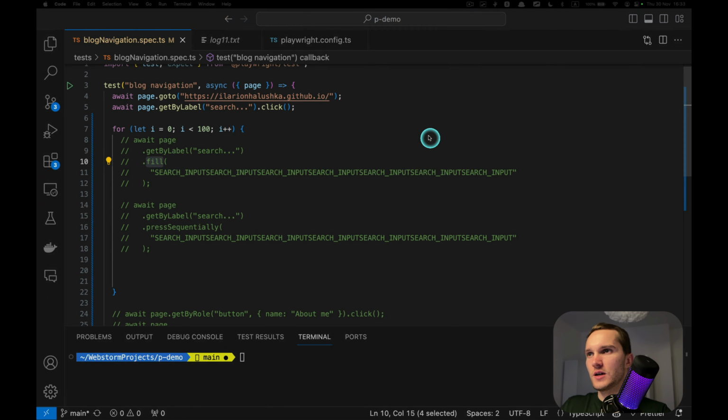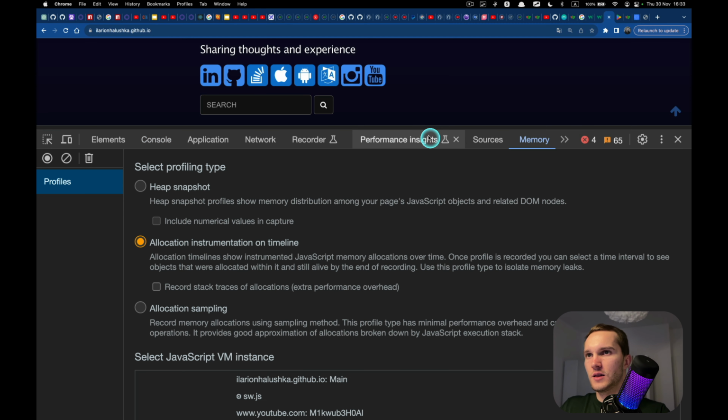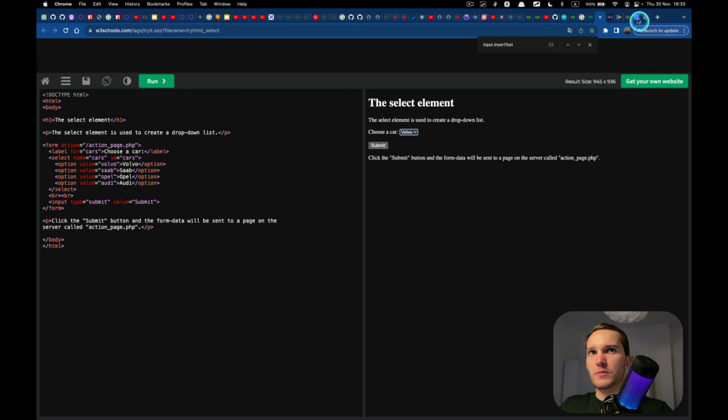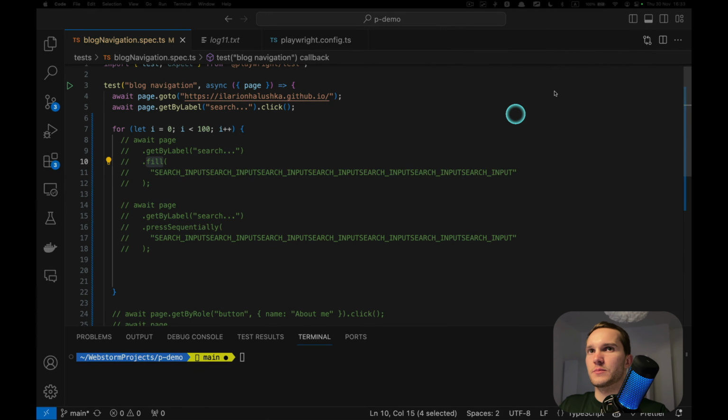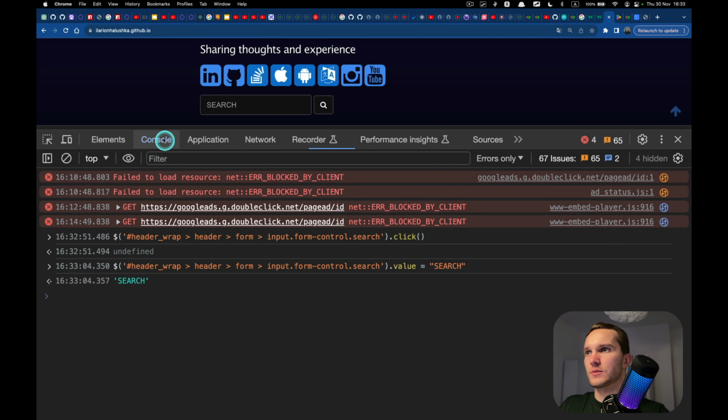This one uses the Chrome DevTools protocol. If you remember, I showed you here, insert text. And this one just uses plain JavaScript and sets the value of the input. So it manipulates the DOM right away.